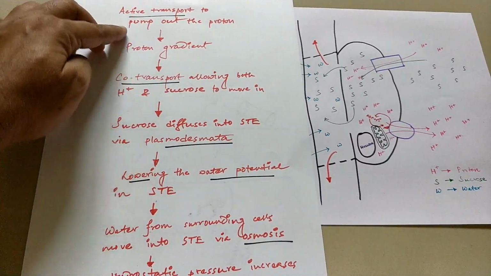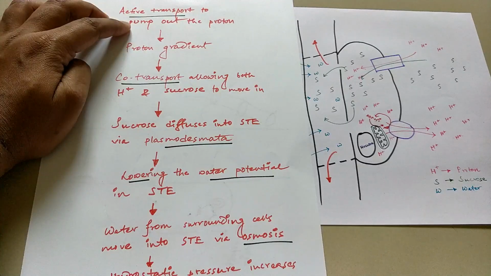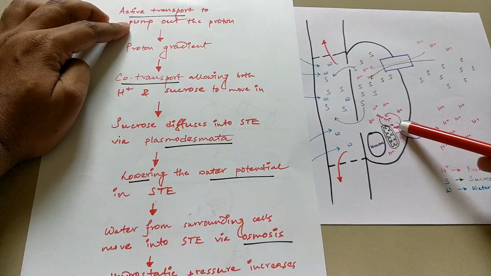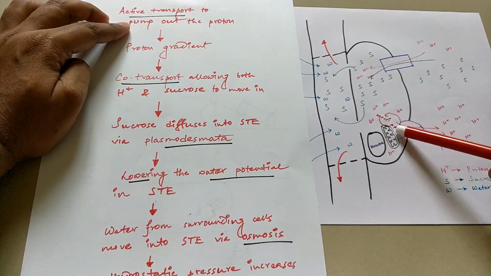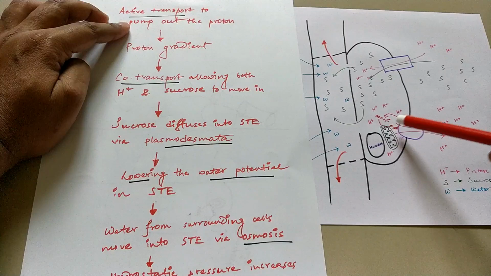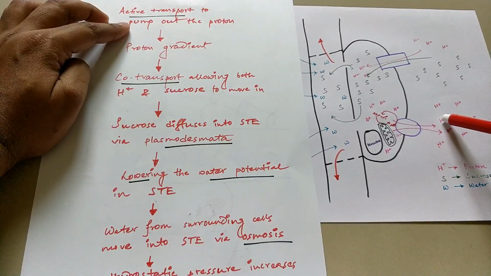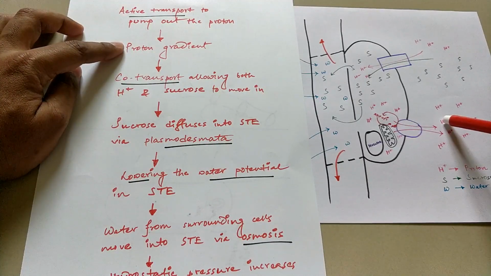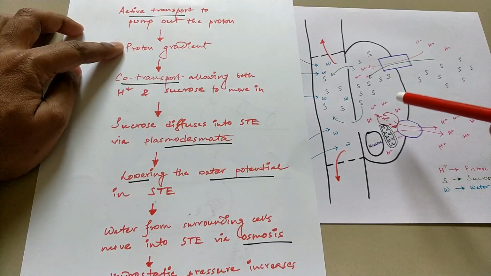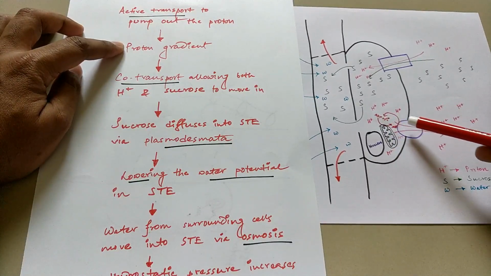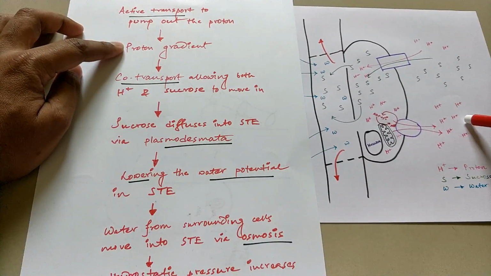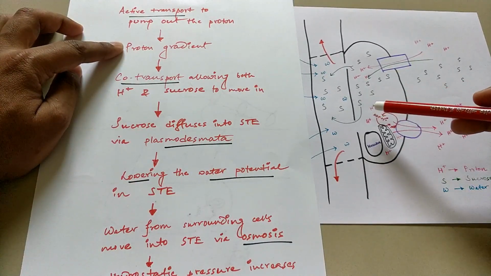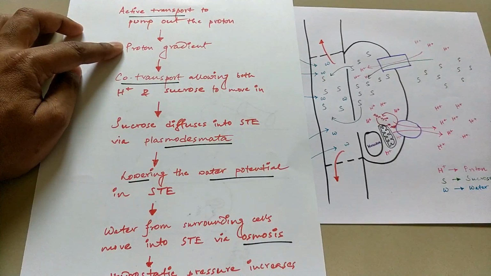Okay. Active transport to pump out the proton. So we are talking about this particular part. With the help of the active transport, whatever protons were there inside the companion cells, these protons will be pumped out to the neighboring cells. Why? Just to create the proton gradient. Now, what do you mean by proton gradient? One side will be having more protons, one side will be having fewer protons. Since you have sent most of the protons out of the companion cell, this area will be having more protons than inside. So you have created a proton gradient,